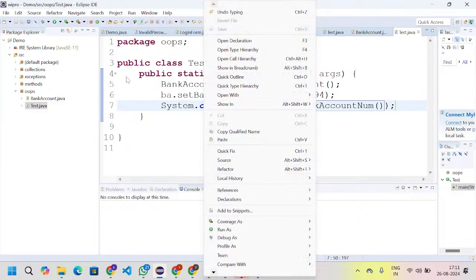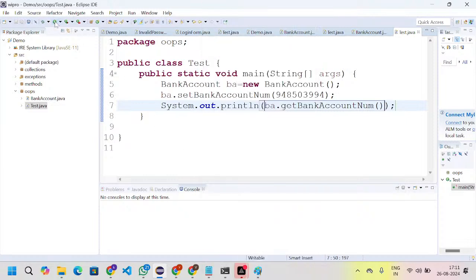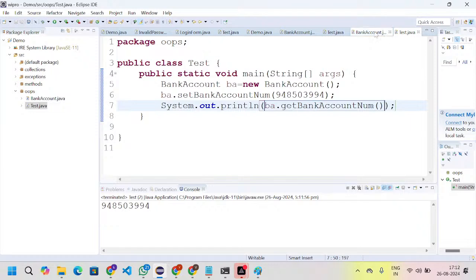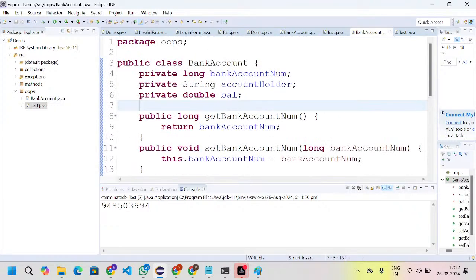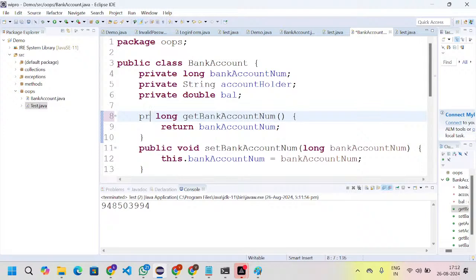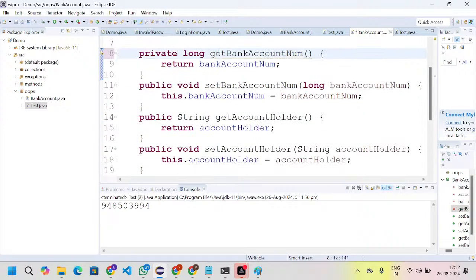So I can go here and run this one. You are getting the values. Now see, if I mention private here, you guys see the result. If I mention private here, and also here I mention private,